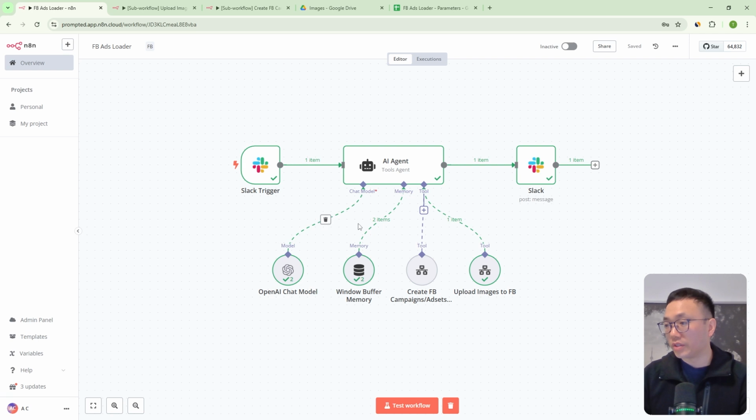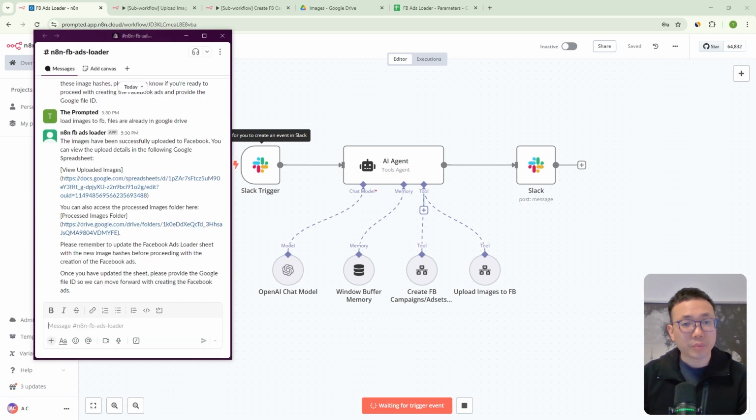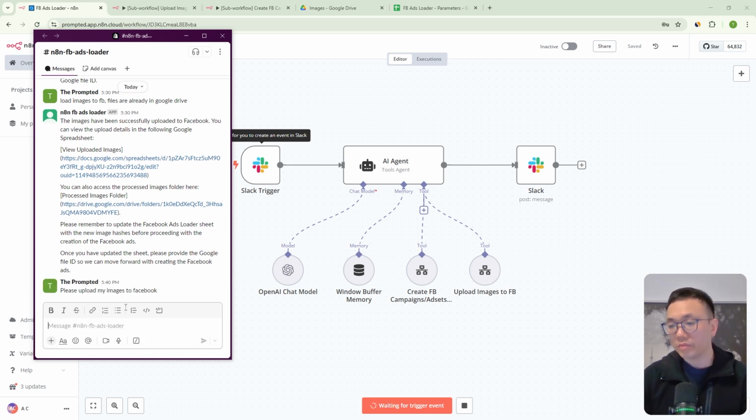So the first thing I'm going to do is push this test workflow button. That's what allows us to start interacting with our agent, because we have this as inactive. So every time we want to talk to it, we'll just push the test button. And so let's say, please upload my images to Facebook, and see what happens. Okay, you can see it's working,